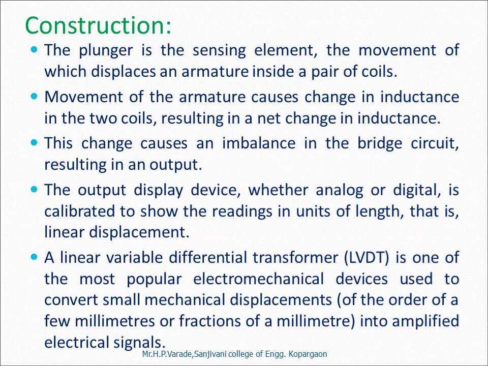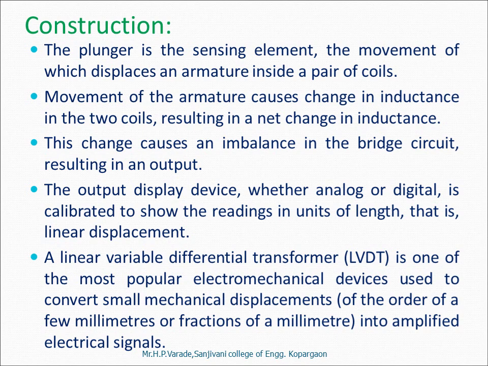The plunger is the sensing element, the movement of which displaces an armature inside a pair of coils. The movement of the armature causes a change in inductance in the two coils, resulting in a net change in inductance. This change causes an imbalance in the bridge circuit, resulting in an output. The output display device, whether analog or digital, is calibrated to show the readings in units of length, that is